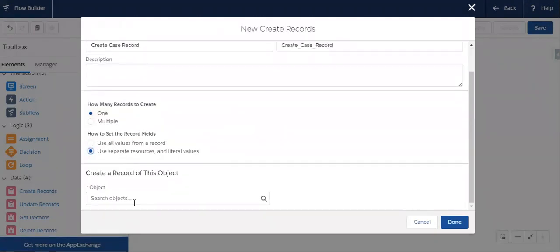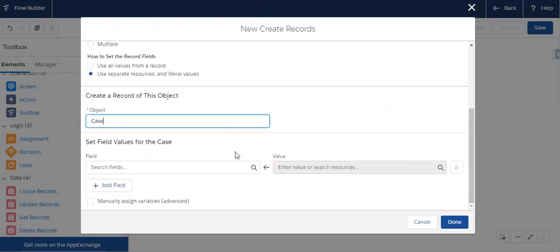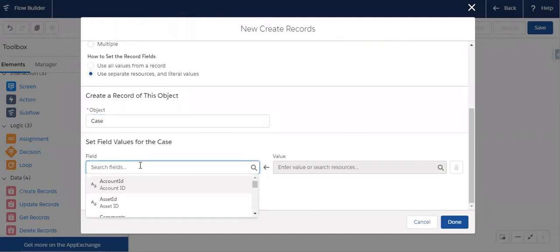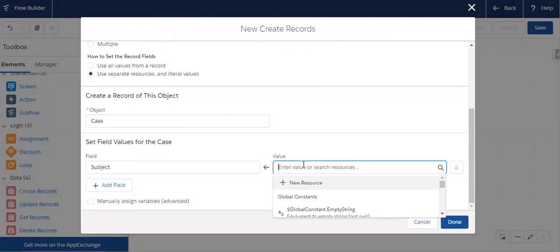Let me select a separate variable and select the case object. Let me set the subject. Let me enter the value manually.